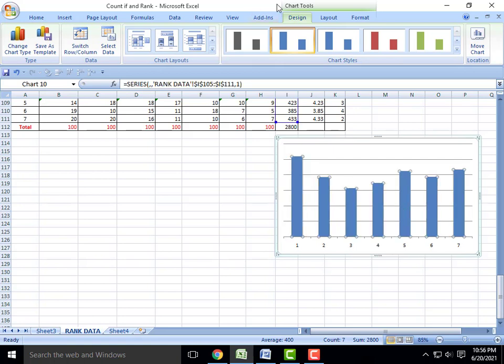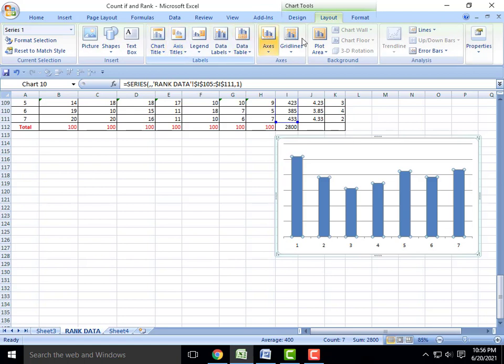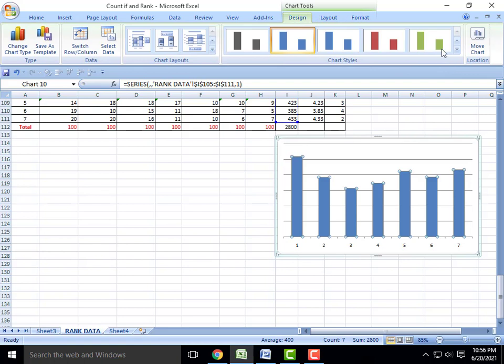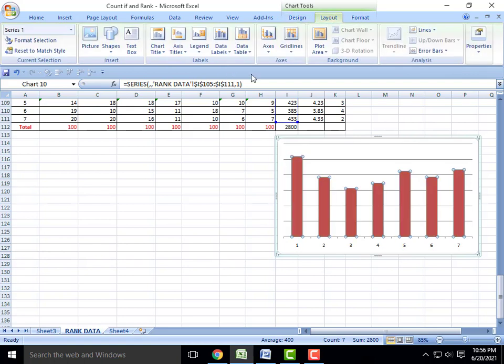Just go to Layout, where we can get properties for changing the diagram. Suppose we want to change the color, go to Format, go to Design and change the colors. If you want to make any changes, just go to Layout and select the appropriate changes.